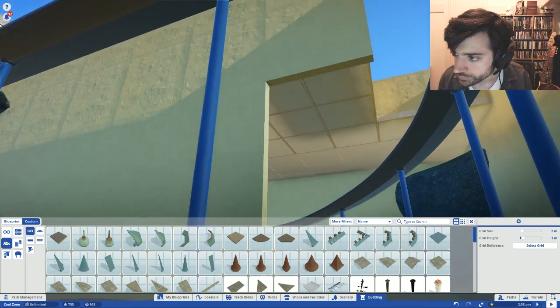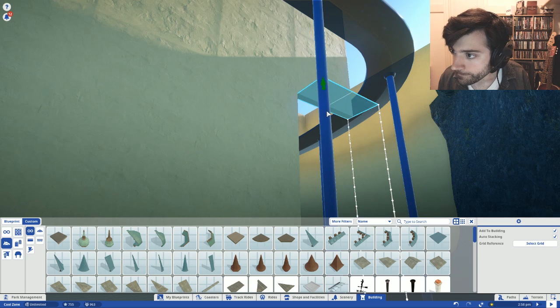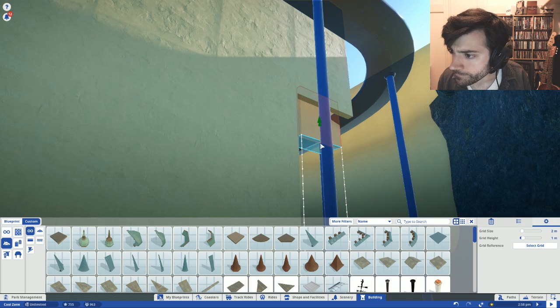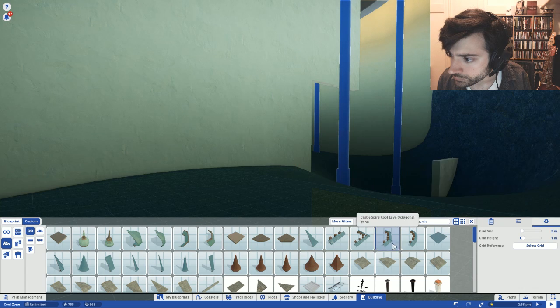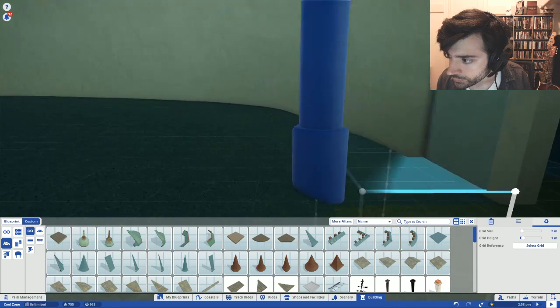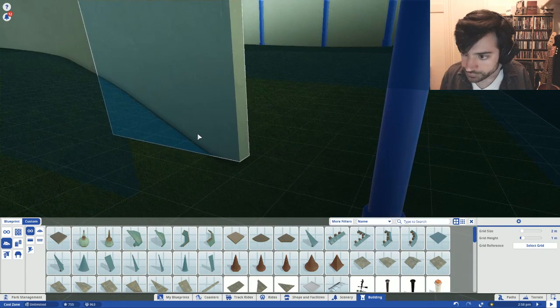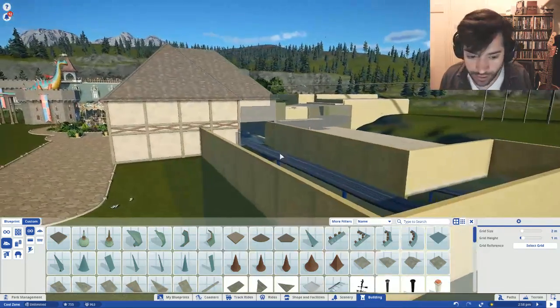God, it is so hard to get this stuff right. Okay, there we go. Oh, go in there, please. Okay. Okay. All right, look at that. So we now have a,